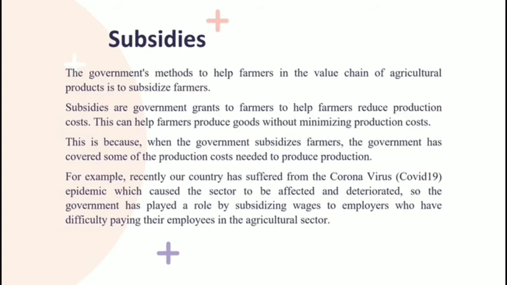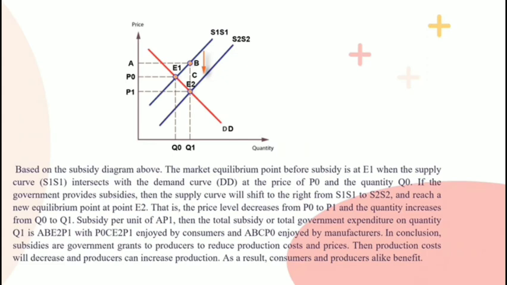Subsidies are government grants to farmers to help reduce production costs. This can help farmers produce goods while minimizing production costs. This is because when the government subsidizes farmers, the government has covered some of the production costs needed to produce goods. Based on the subsidy diagram above, the market equilibrium point before subsidy is at E1 when the supply curve